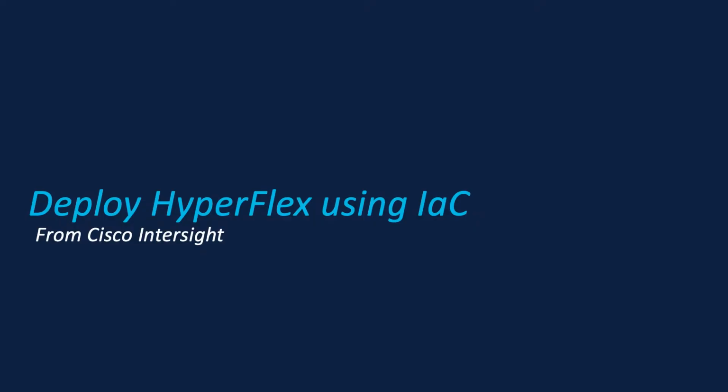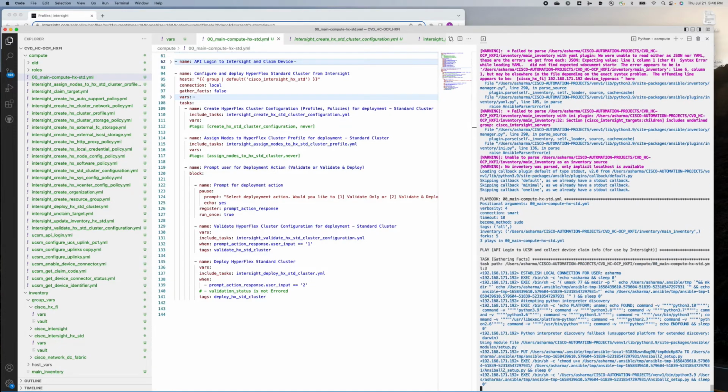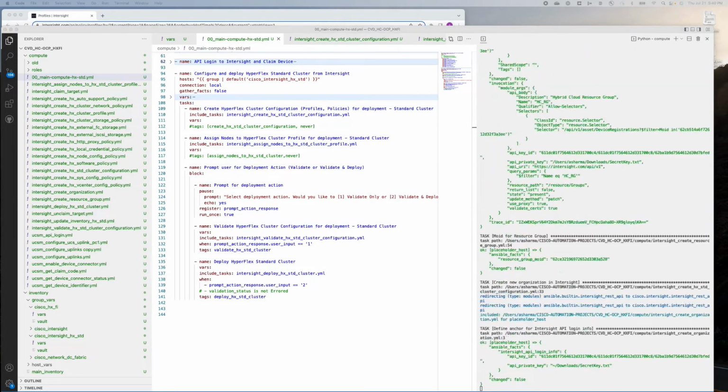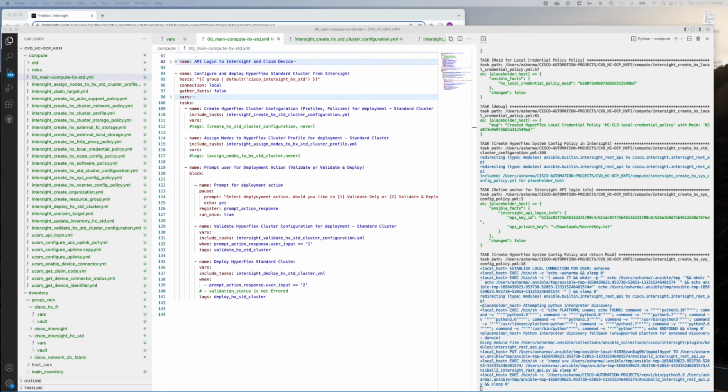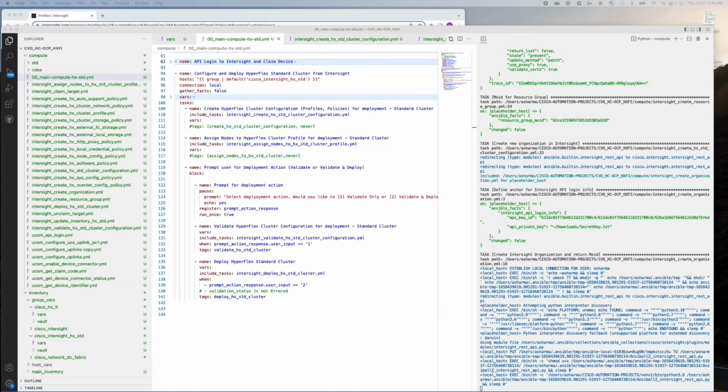Next, we will deploy the HyperFlex system that provides the software-defined compute and storage for the on-prem location. We will use Intersight and Ansible to deploy HyperFlex. The Ansible playbooks for this are also in the same GitHub repo as the networking scripts. The system we're deploying here is a 4-node HyperFlex standard cluster. The 4 HyperFlex servers in a standard cluster connect to a pair of UCS Fabric Interconnects, which then connect to the data center fabric. UCS Manager running on the FIs manages the HyperFlex servers, and Intersight provisions the HyperFlex cluster